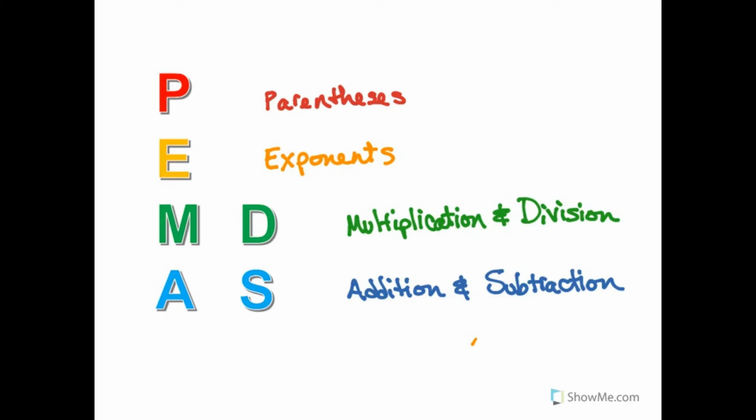Now, the priority is based on the power of the operation. Addition is the lowest priority. It's kind of the weakest operation because multiplication is repeated addition. Exponents are repeated multiplication, so they come ahead of multiplication in the order of operations. And finally, the parentheses just act like an override mechanism in case we want to do one of the lower